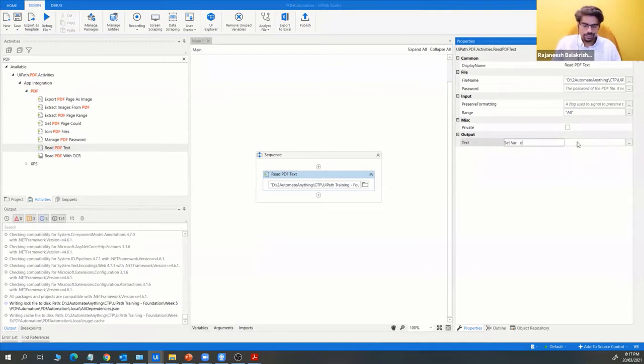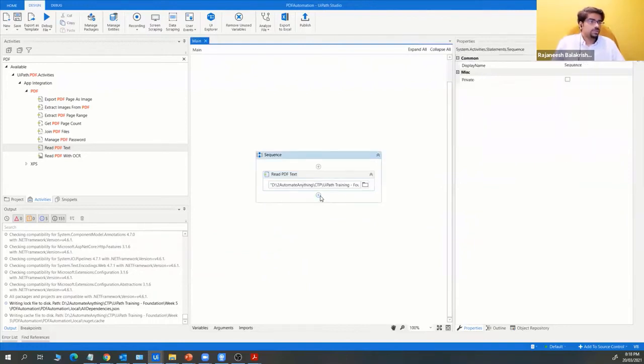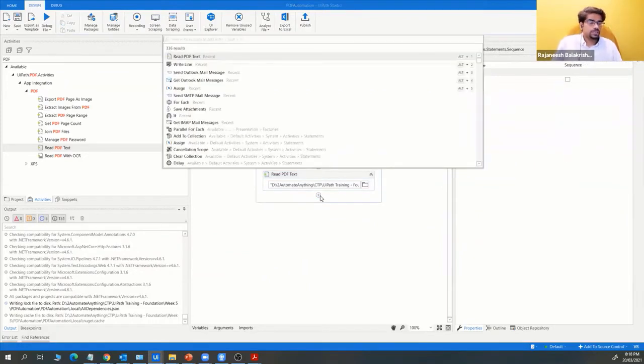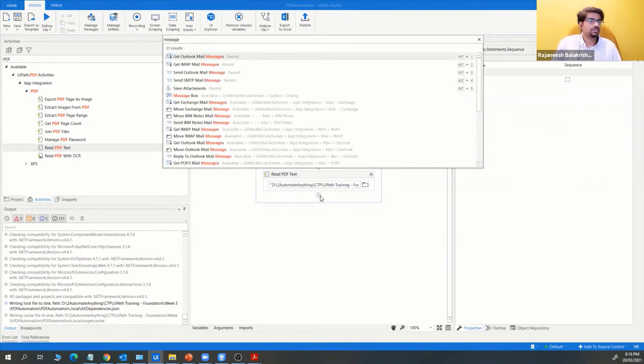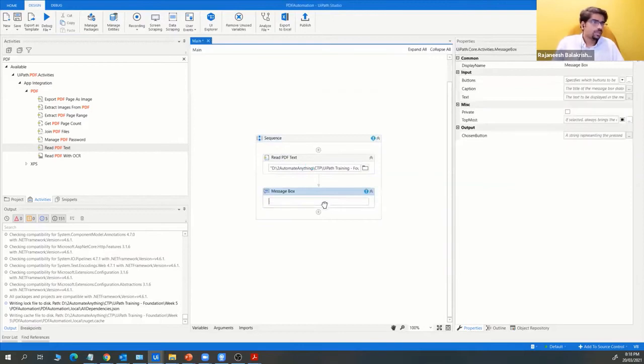So I created an output string, output text maybe. All the PDF value is saved into this text, right? Now I write a message box or a write line, anything. In the message box, I'm just giving the output text.ToString, right?